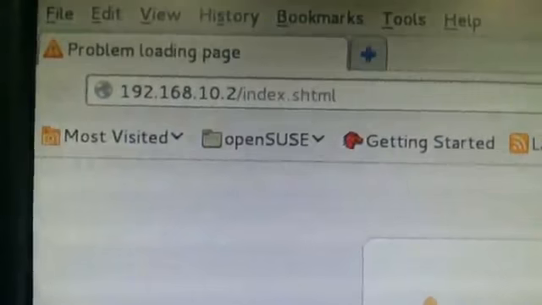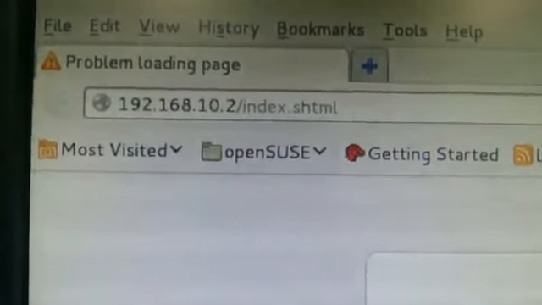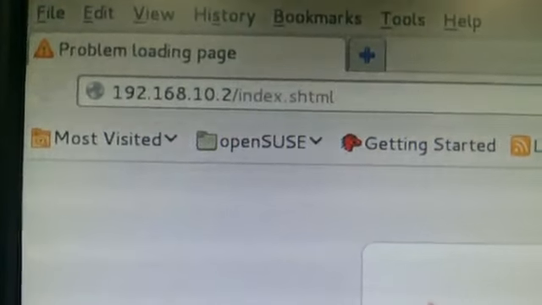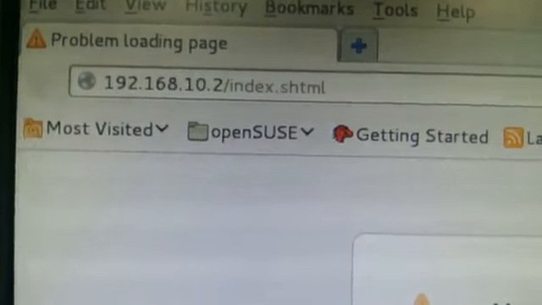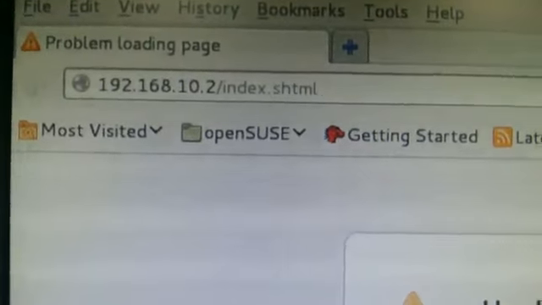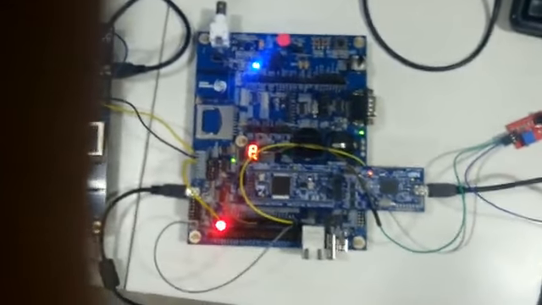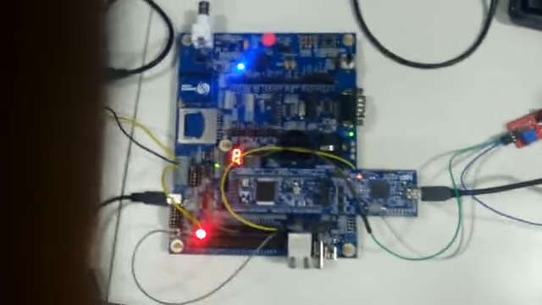This is my host system. I am connecting the master to the host through an RJ45 Ethernet cable, which is connected to the CPU from the back side. To display the car parking status on the host system, I am using the IP address 192.168.10.2. The host system is connected to the master through the LWIP stack. I have started the demonstration code using the LPC Expresso IDE.